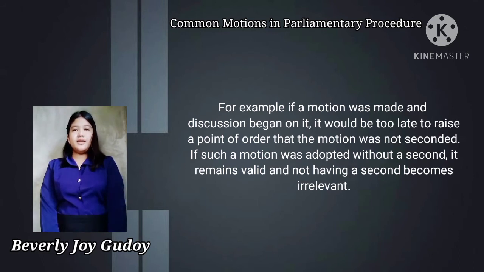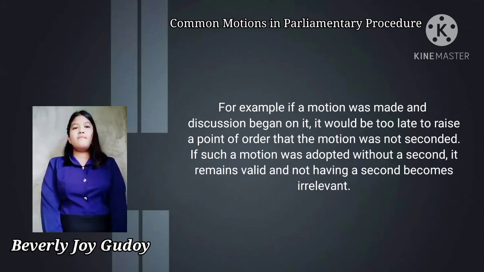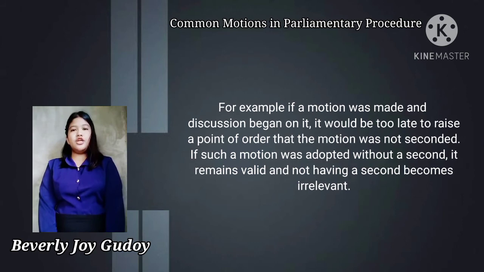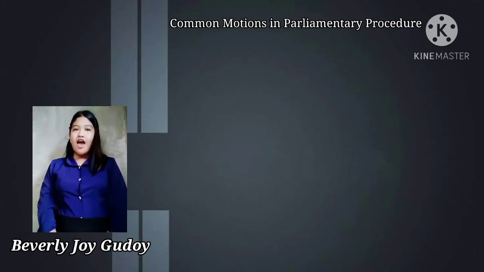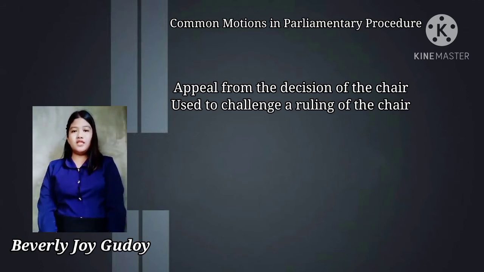A point of order is sometimes erroneously used to present a request for information or a parliamentary inquiry. If a member asks such a question, the chair should treat the question as the appropriate request. Another motion, the motion to appeal from the decision of the chair, is used to challenge a ruling of